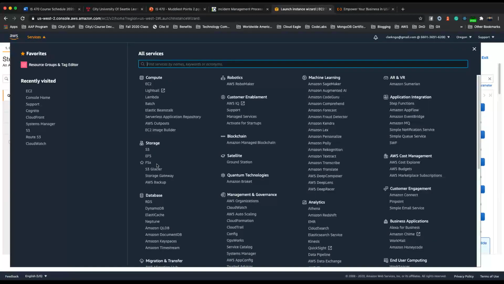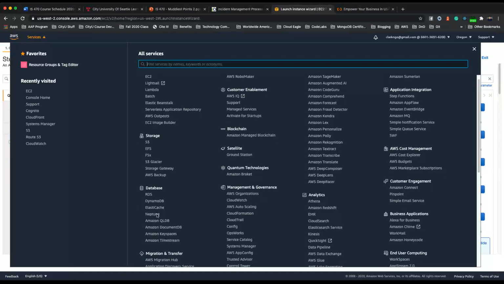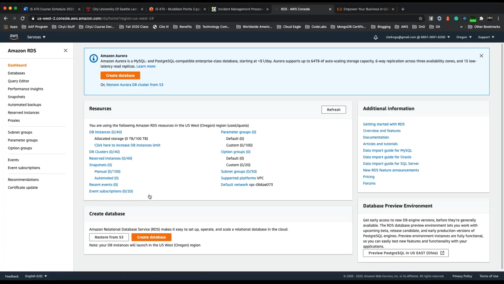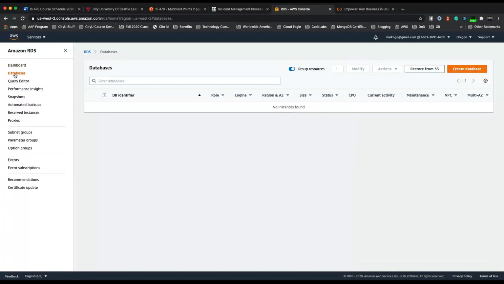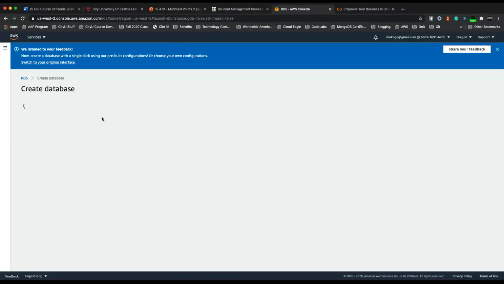And there's a lot of services. Let's say for database, you can have RDS, which is relational database service. In this way, you don't need to have a server in your own company. You can just connect through HTTPS, through that protocol, and you can create a database.